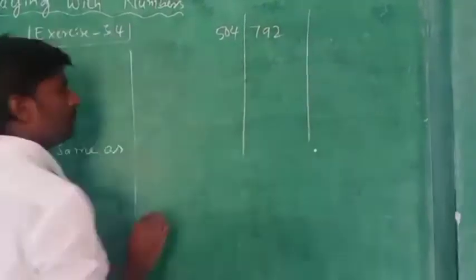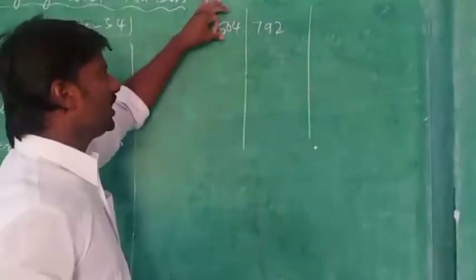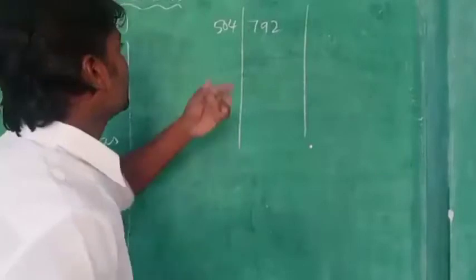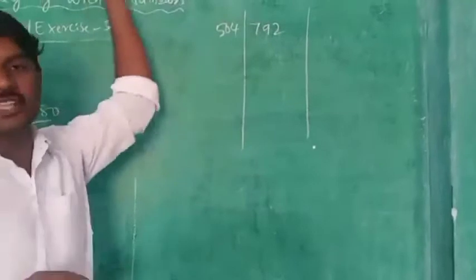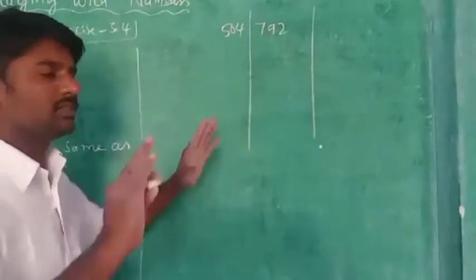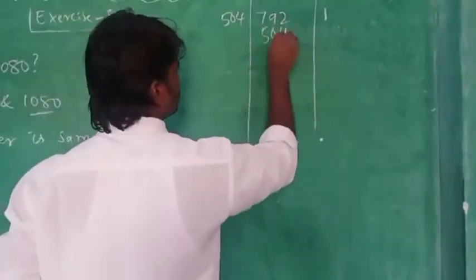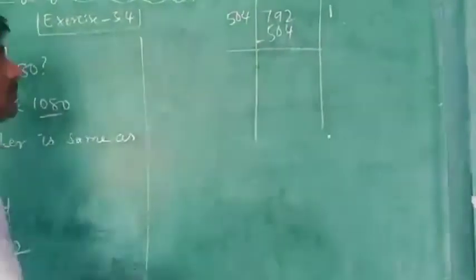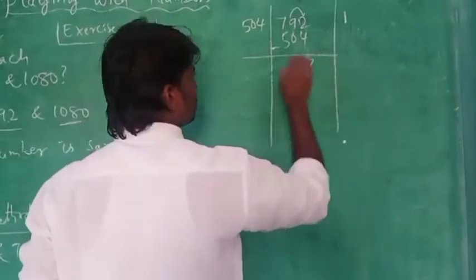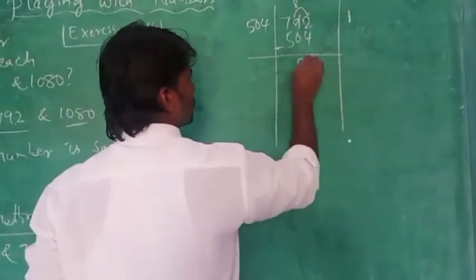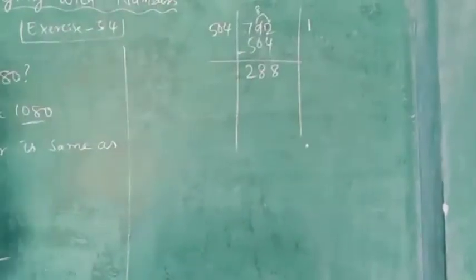Children, you must be perfect in tables, multiplication and division. The 504 table is there, you learned it all in 5th class. 792 is there here. Just guess it. Here 500 is there. Now 500 times 2 is 1000, but here it is 700, so you can take only one time. 504 into 1. Yes, start doing the subtraction. 12 minus 4 is 8. Here 8 will be there. Then 8, borrow again, 2. So we got 288.